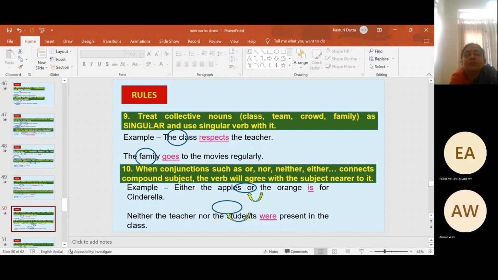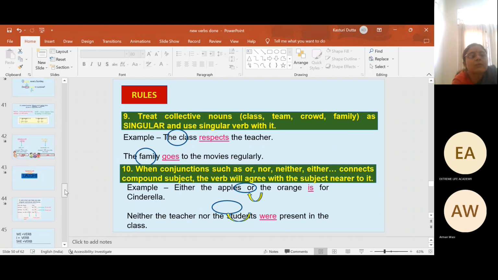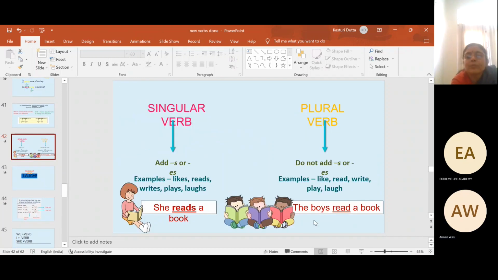So what they are saying is, treat it as singular and use a singular verb. With a collective noun, the rule is different. Your question is correct. You said, suppose you are saying, ma'am, the boys play in my garden. Boys, so it will be play, because I have shown the rule. It will not be added. So that way you are correct, because that rule only I showed you: if it is boys, the boys play. I'm going again to that particular slide once more. The boys play or the boys read, because it is plural. I'm adding s so that with the verb I don't add s.